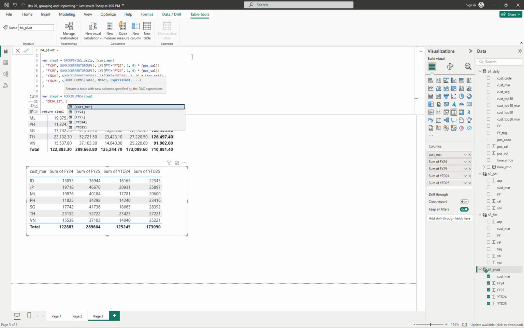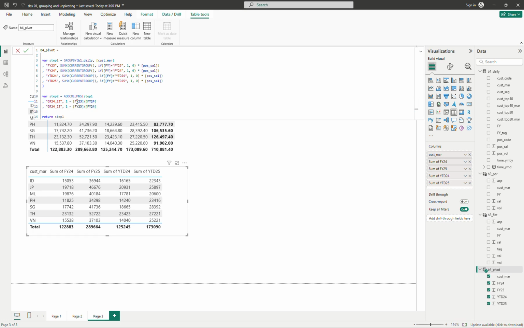So this one I will use the... I just realized that my label is a little bit problematic, so I need to fix this one first. Okay, so this one again, in order to find the growth rate, you just divide this one by 24, and then the other one you can just copy it down, and then you replace the 25